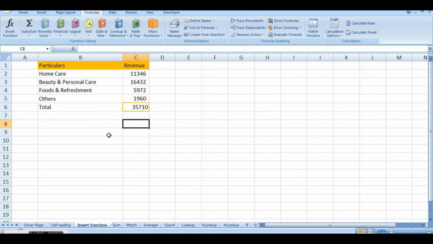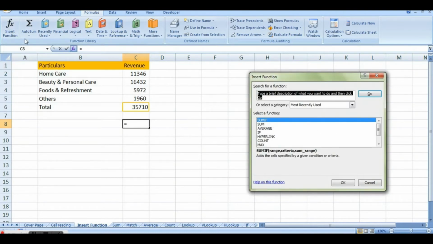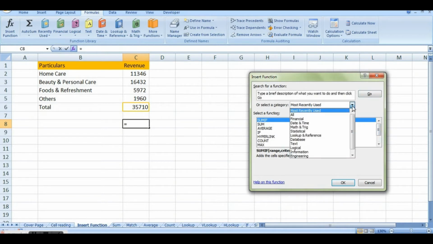Now if you want to insert a function in Excel, if you see on the toolbar there is this formulas. At the leftmost side you can see this insert function button. If you click on that, this table will appear on your screen, and all the functions that Excel has will be available categorized into these categories.